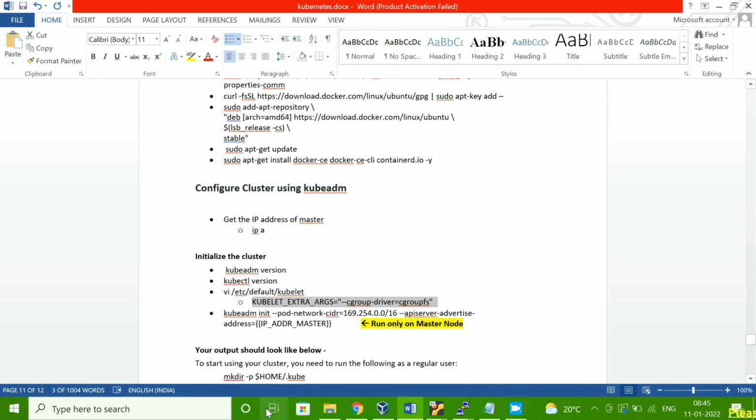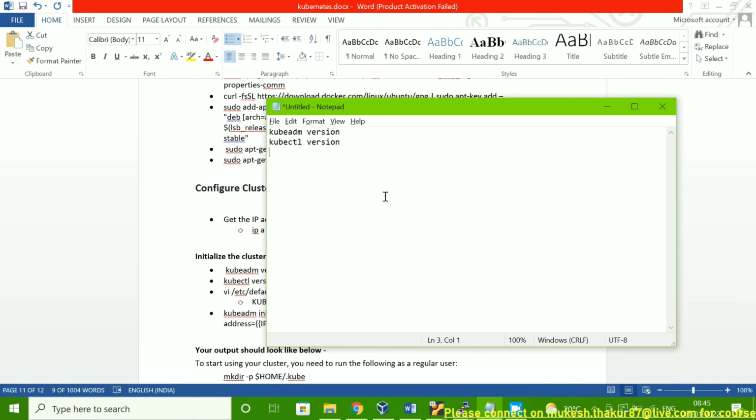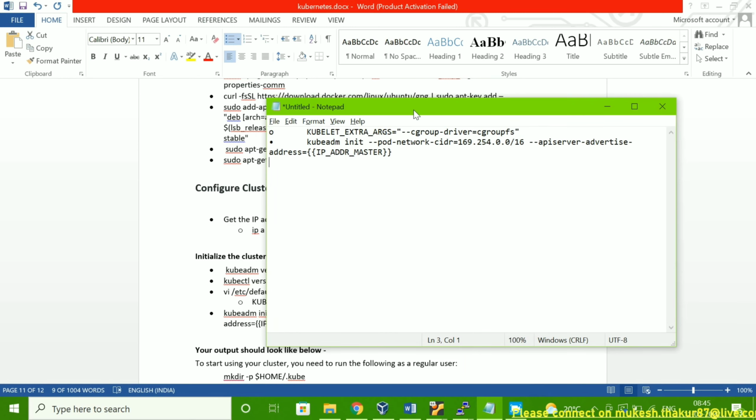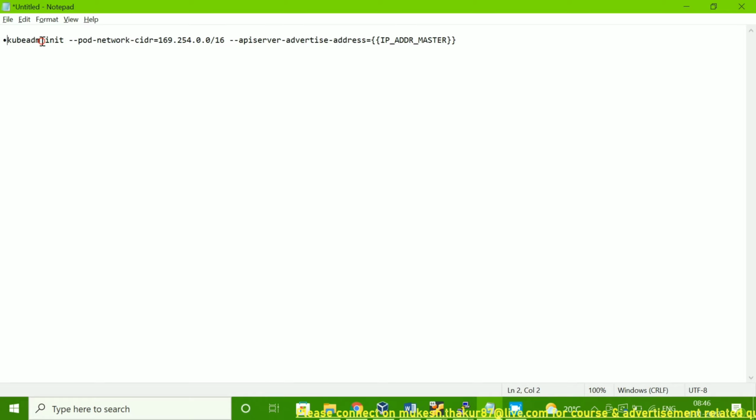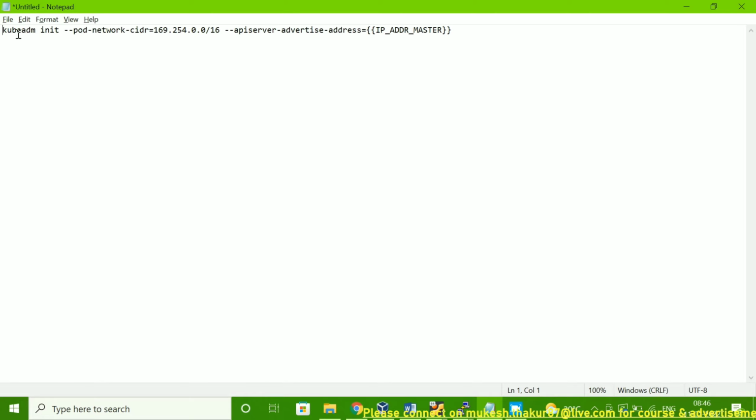So let me first copy this command. I will show you here. Let me open the notepad, and we can remove this first line. Okay, so kubeadm init, I'm going to assign the prod network here.